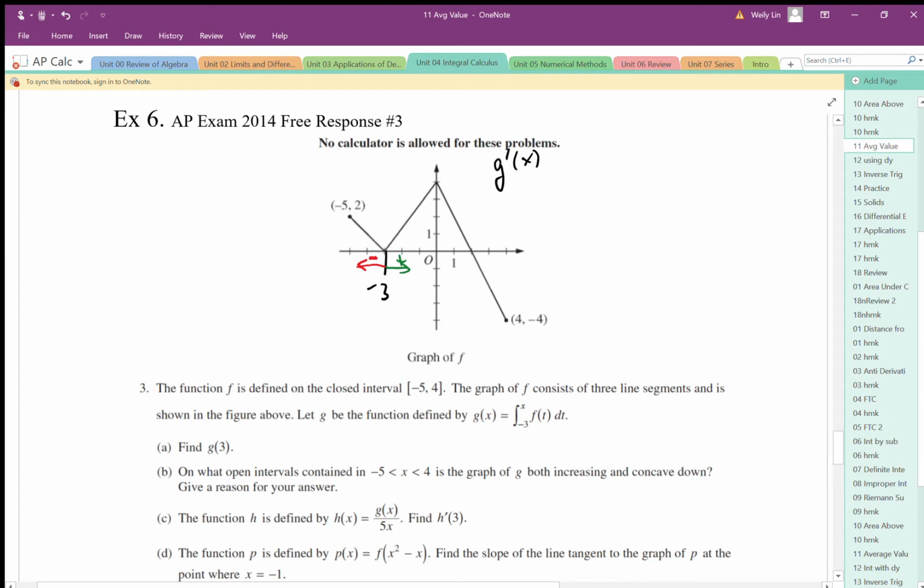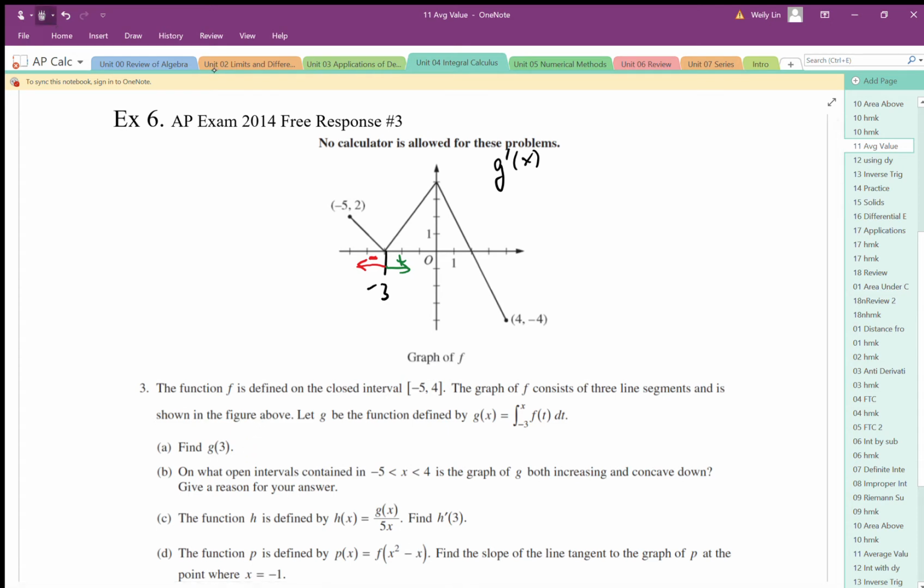So that's one thing we have to establish first of all. This function is the derivative function of g. The g function is defined from this point, arbitrarily from -3. To the right is going to be positive, to the left is going to be negative. So it says find g of 3. Well, I need to find g of 3. I'm going to find the area